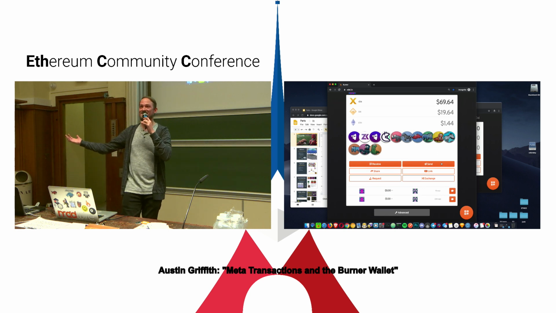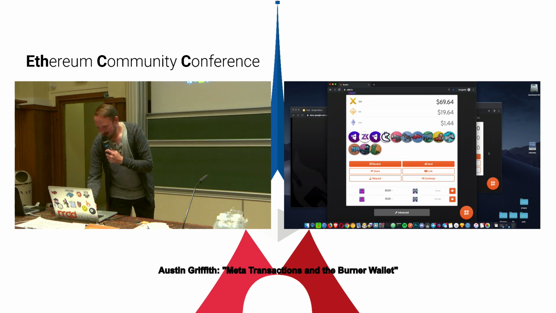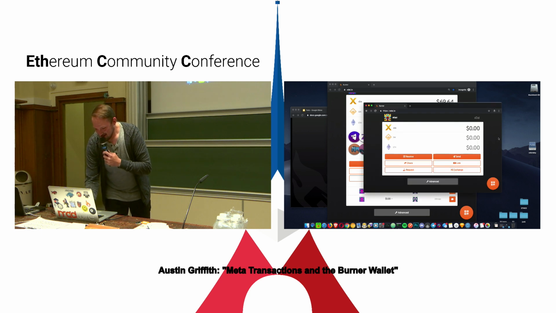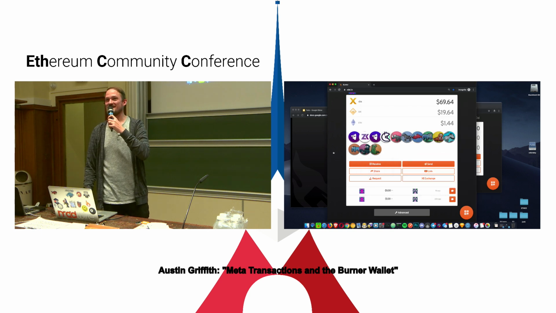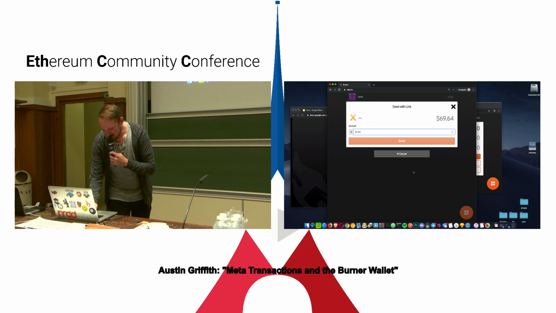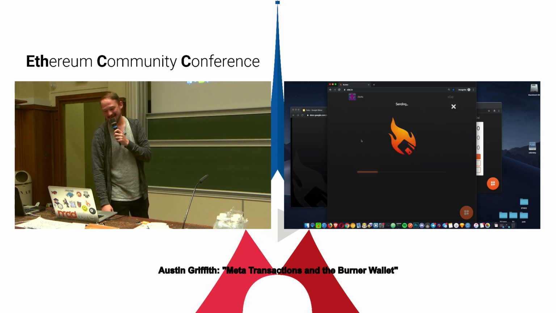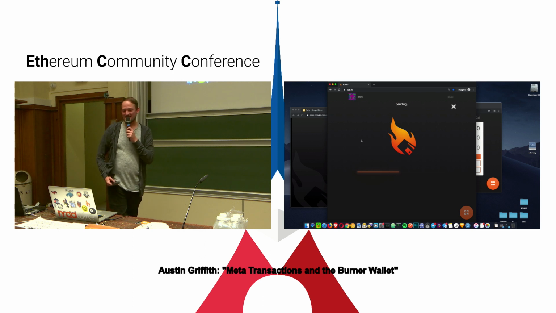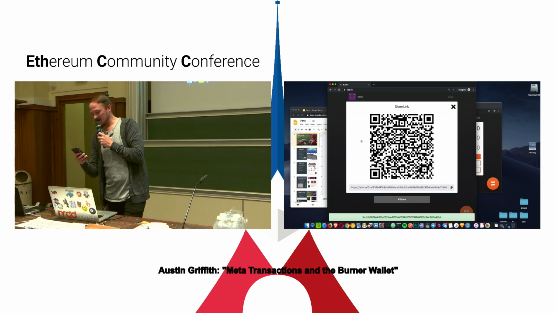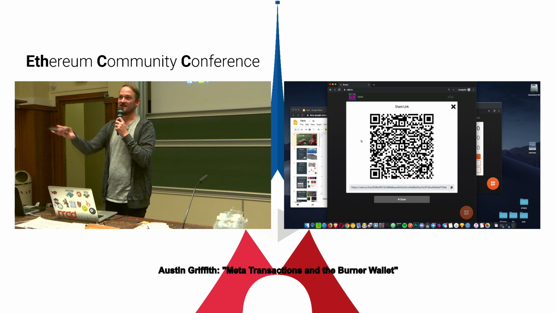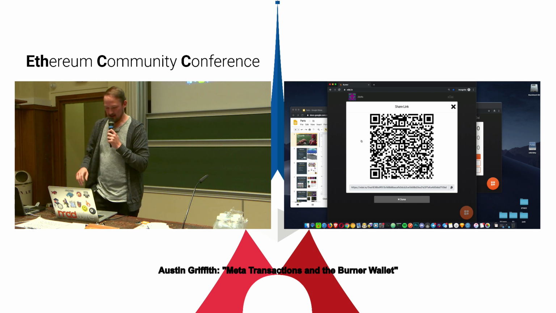Anybody? Anybody get $5? Oh, I closed it too. Did anybody get it in time? Here, let me do another one. This will be $3. So yeah, this is like the coolest way to onboard somebody: just walk up, hit link, put a couple bucks in it, and just kind of show them that QR code.